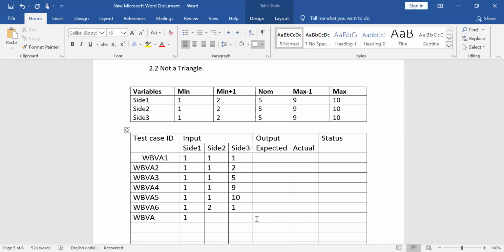1 followed by 2, and this is 2. Similarly WBVA 7. This is the 8th one: 1 followed by 2 itself, no change in it, and now the third side will be 5. The next value is WBVA 9: 1 followed by 2, and 9.